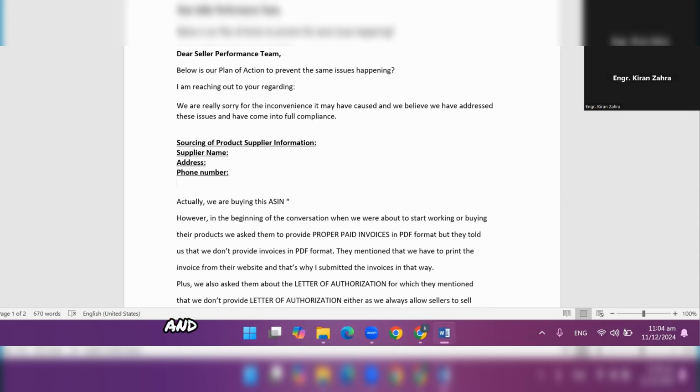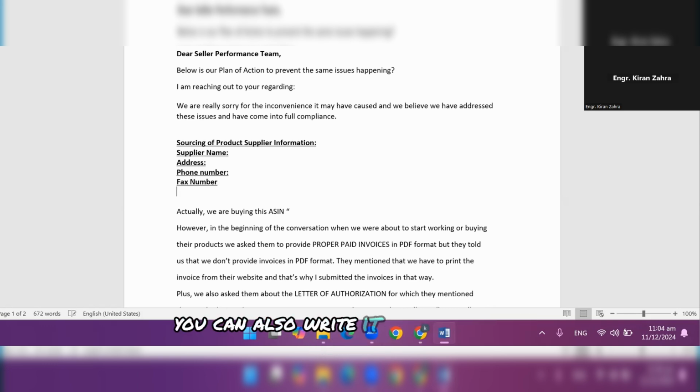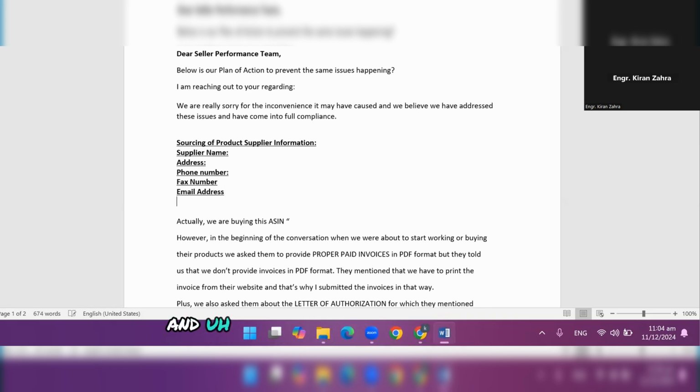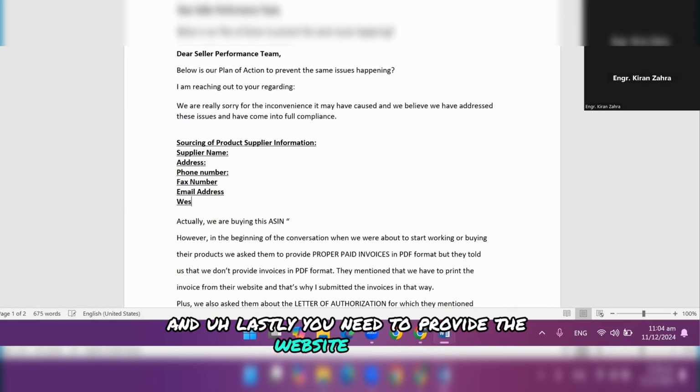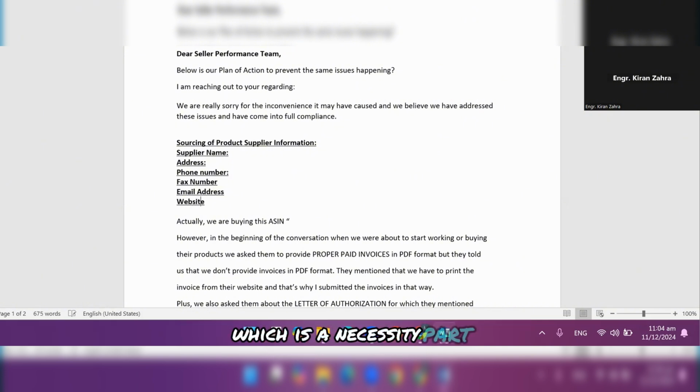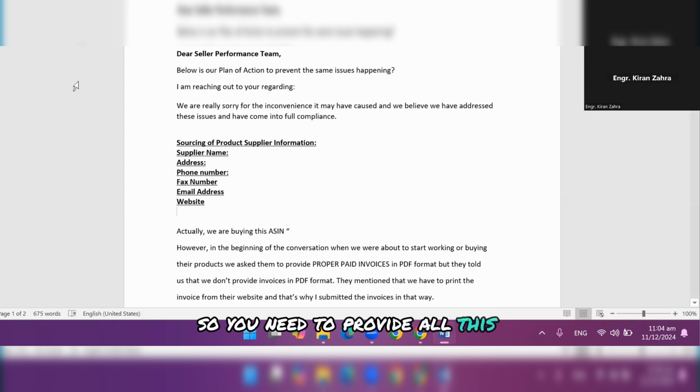If there is a fax number, you can also write it, and the email address you can also write. Lastly, you need to provide the website link, which is a necessary part. So you need to provide all this information of the supplier in the appeal, in the plan of action.